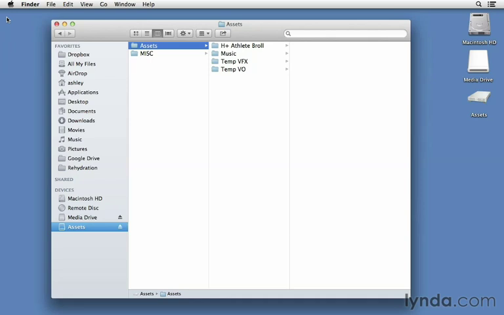Now let's take a look at what basic assets we have for this project so that we can get off on the right foot. After the script was drawn up and the style frames were created, the production team staged a shoot based on the design concepts from these pre-visualization materials. The shoot produced a little more than 2 hours of original footage of various athletes performing activities from many different